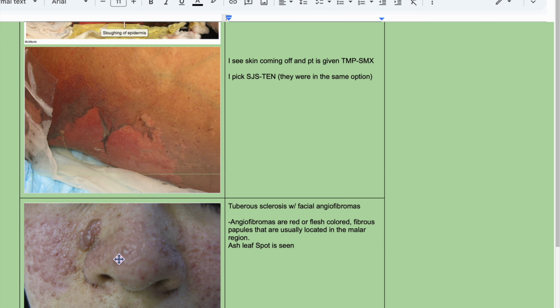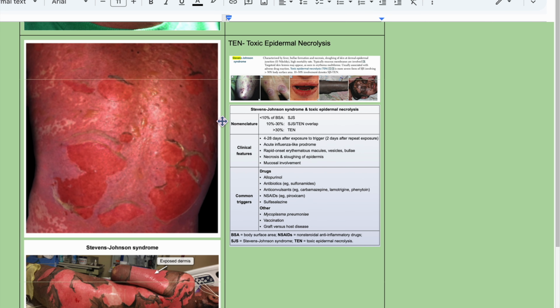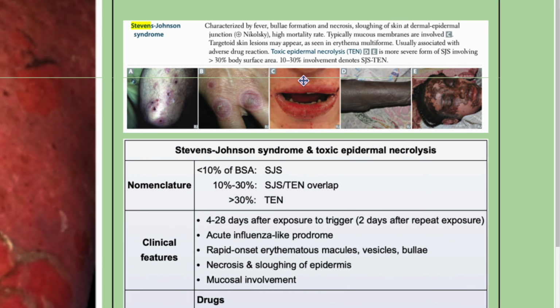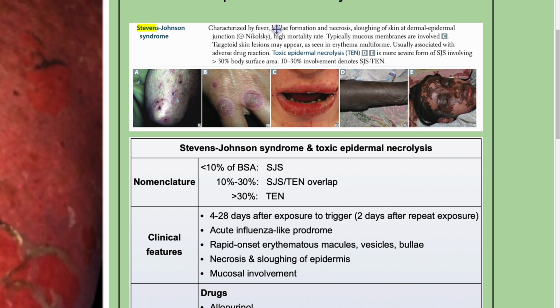So not that, sorry. The difference between TEN and Stevens-Johnson syndrome is what you're going to be tested on, for you to figure out what that is. So here from First Aid: Stevens-Johnson syndrome, characterized by fever, bulla formation, and necrosis, sludging of skin at epidermal junction,